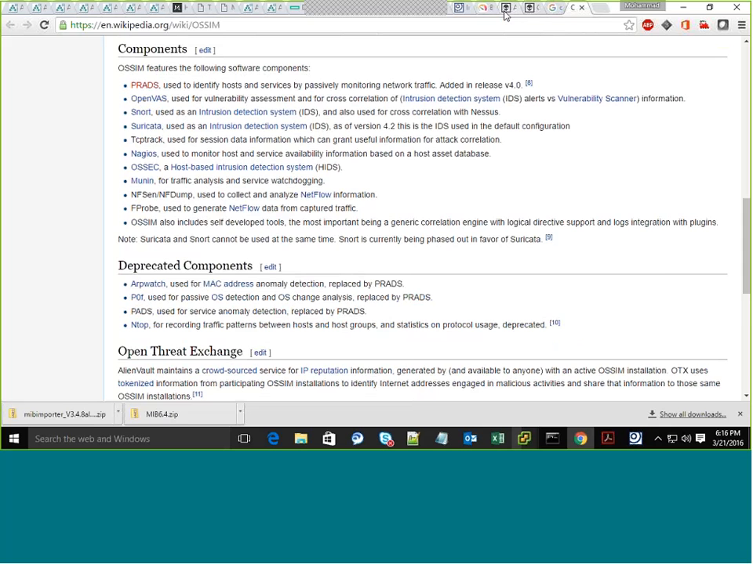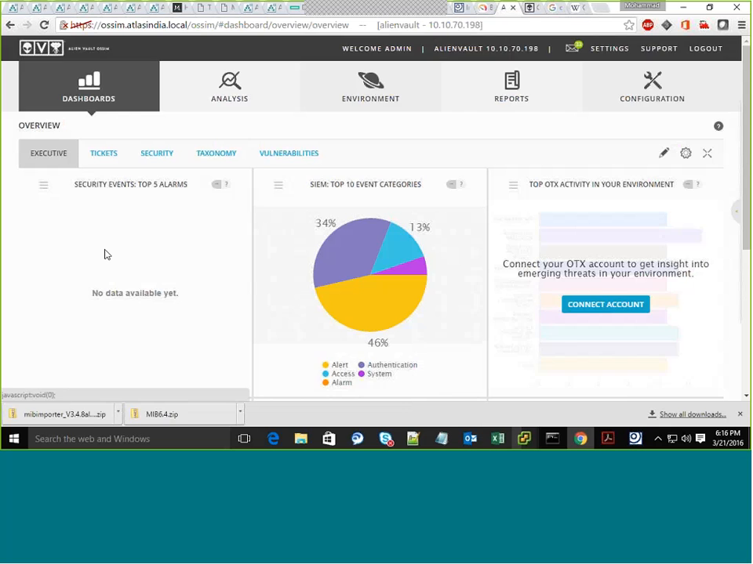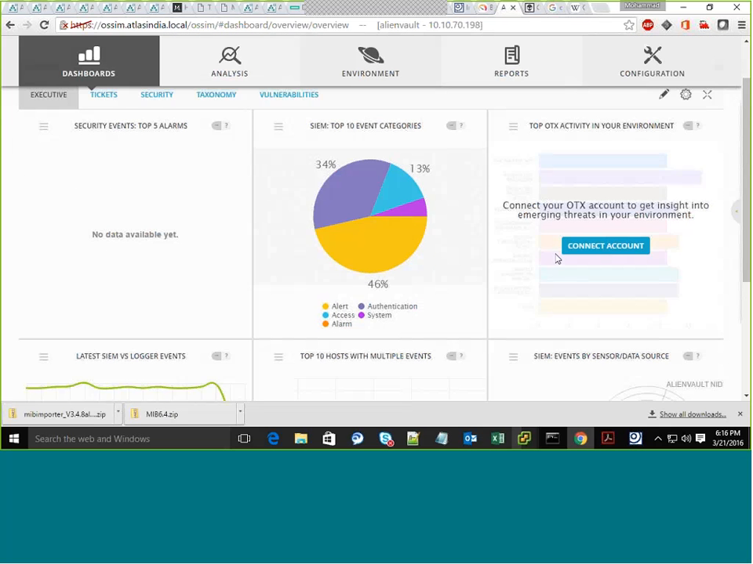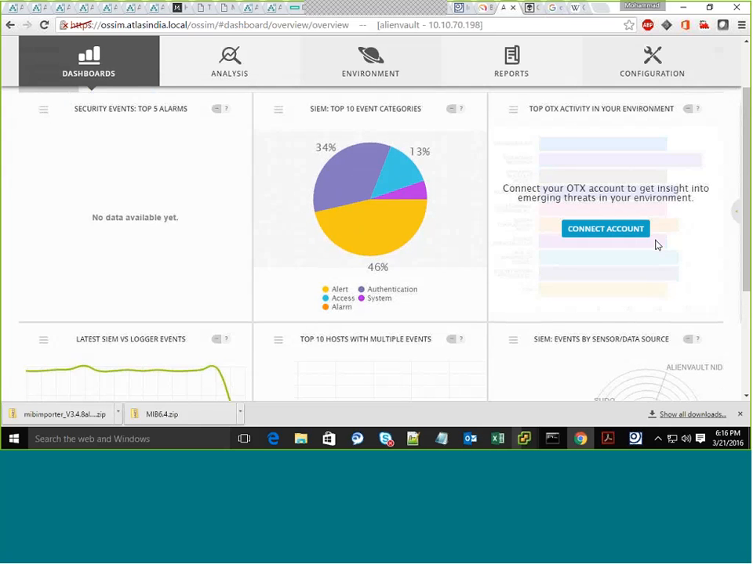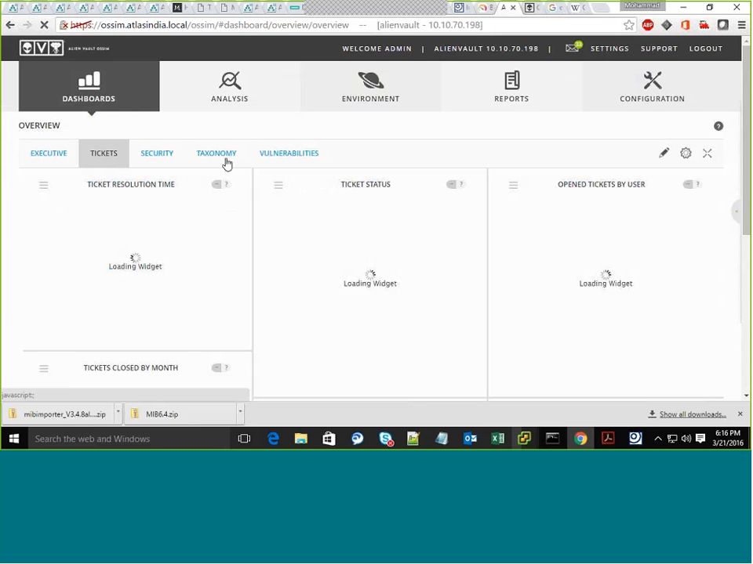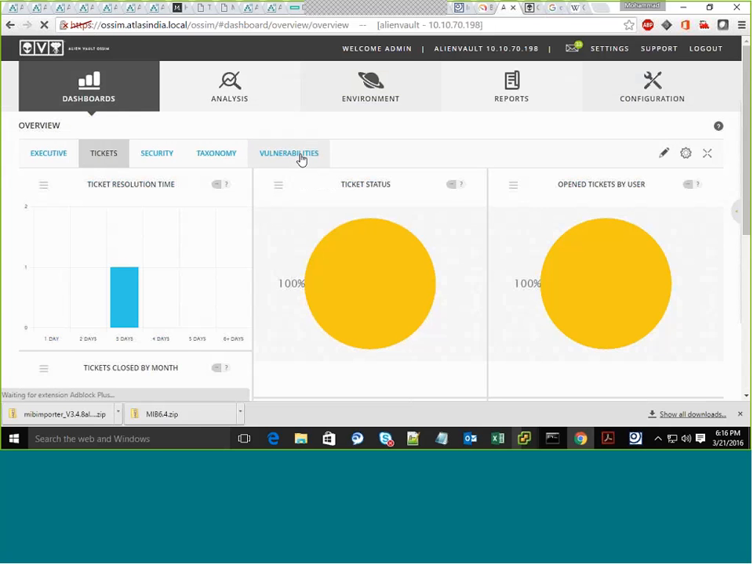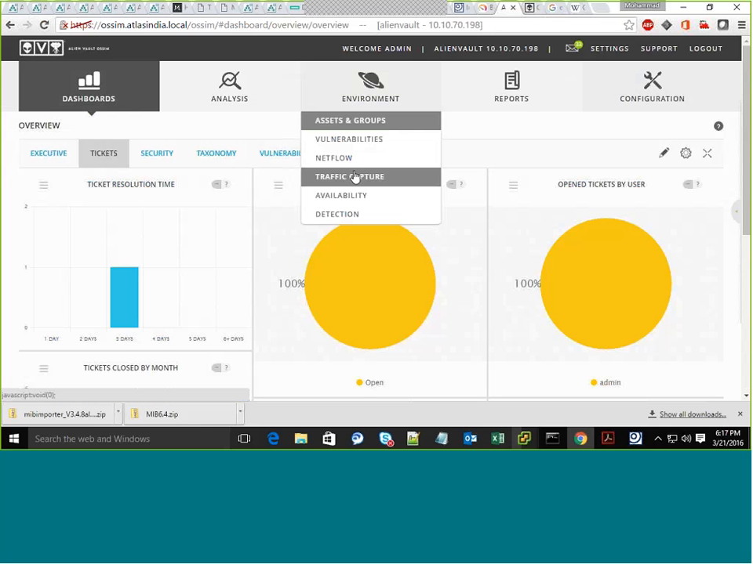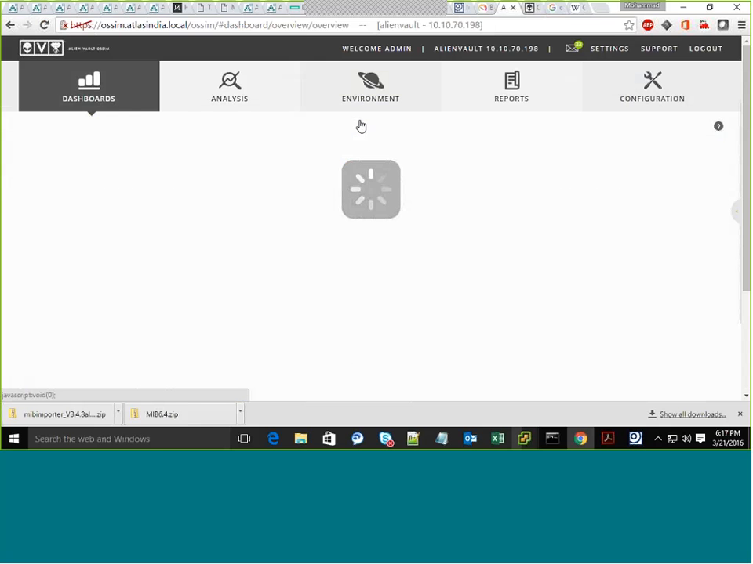So let's see what we can do. Here this is a dashboard. Here you can see the top alarms and events, and if you connect to the OTX account, you will get updates on what is happening on the internet. This is a normal dashboard, and there is a system of internal ticketing, security, and vulnerabilities. But before running any scan, you can add the assets manually, or you can run a scan. For that, you have to go to environment. Here we first have to select the asset, whether the asset is present or not. If you click on asset,